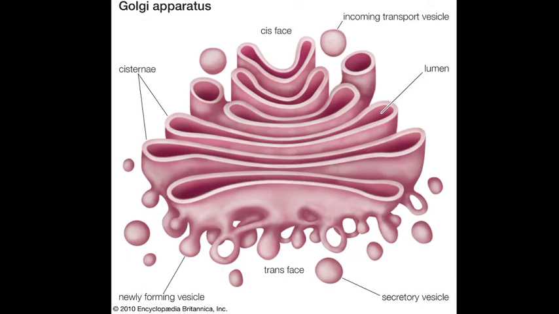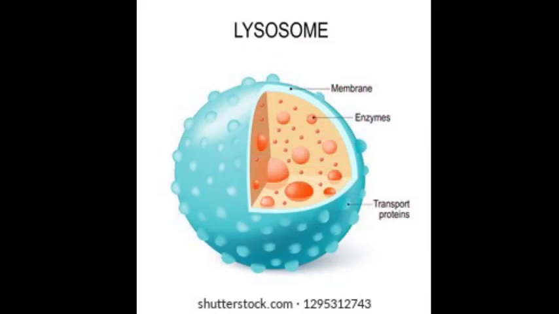Now the next one is your lysosome. What is lysosome? The lysosome is also called the suicide bag. We discussed it many times. They are referred to as the suicide bag of the cell as they contain potent enzymes. They can digest a cell. Lysosome also helps in defense by attacking foreign objects. We also call it suicide bag because it can digest its own cells also.